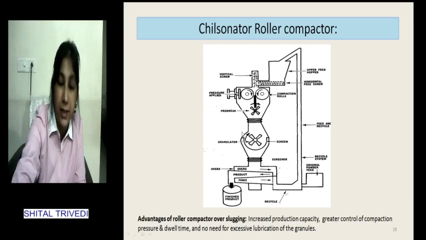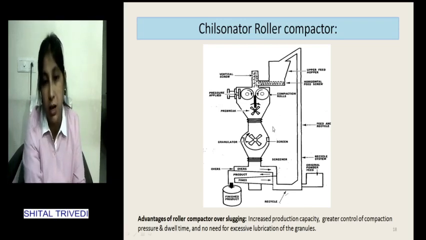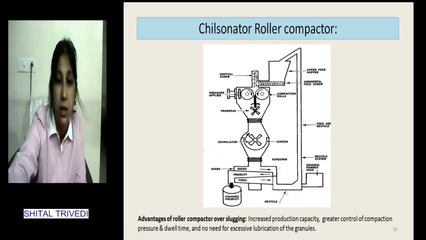into granules of the compacts, and then the granules of the desirable size can be obtained through the selected screen. And here if multiple screens are used, then the overs and fines can be separated. Overs can be milled and the fines can be recompacted. So sometimes re-slugging or recompaction can also be preferred in case of dry granulation.